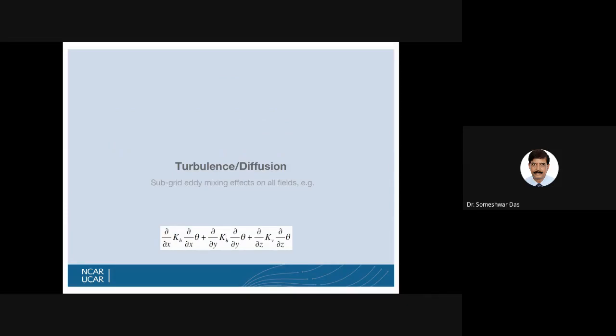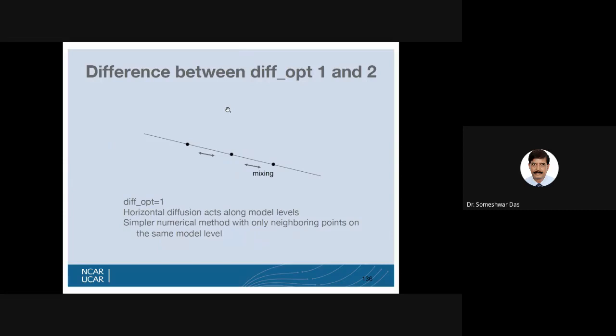Then subgrid scale eddy mixing effects. There is turbulent diffusion given by this expression. Okay. This is also incorporated as part of the PBL. Suppose you want to compute the horizontal diffusion along the model surfaces.